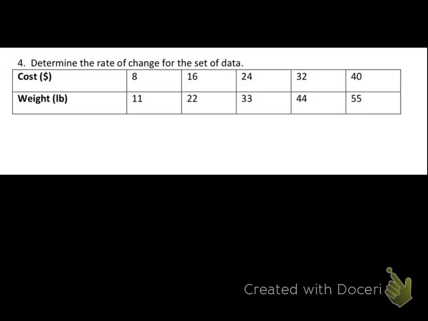Okay, so here we have another table, and this time instead of just x and y, we actually have cost in dollars and weight in pounds. And if we look, this is like our x value or our domain, and this is like our y value or our range. It's just like the last one we did, except again, instead of x and y, we're going to call the x values the cost in dollars, the y values the weight in pounds. So which 2 points should we use? Again, entirely up to you. I'm going to pick those two, and I am going to label them,